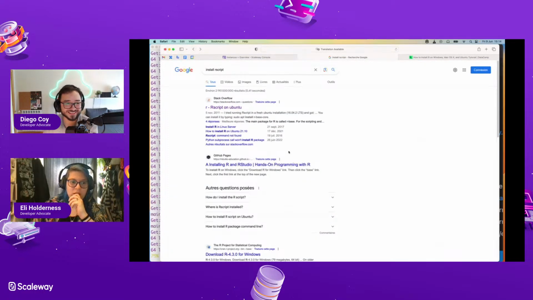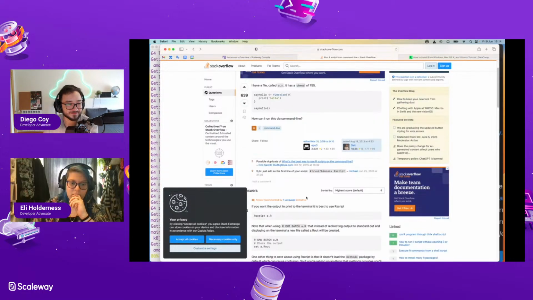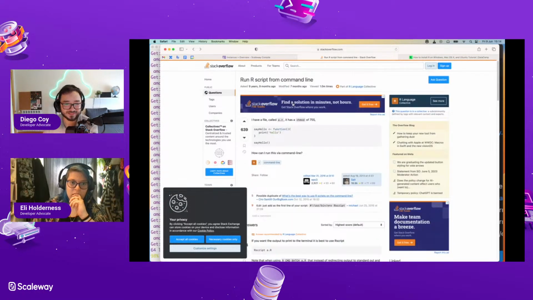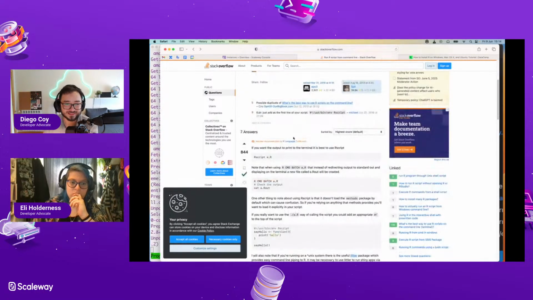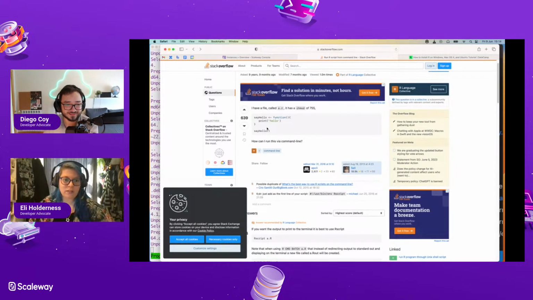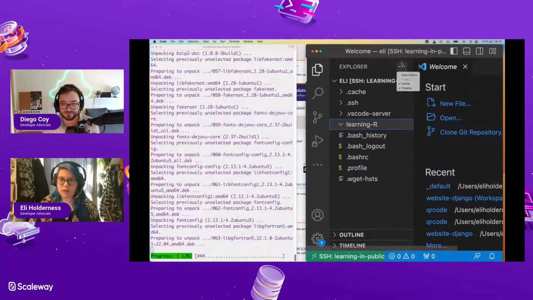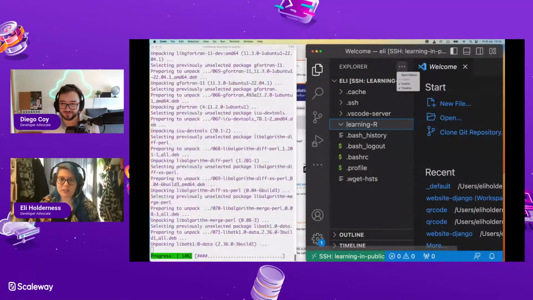Maybe. So if I go back to where I was, running an R script from a command line. Okay, so I'm just going to try and do basically this hello world thing, right? Yeah, that will be the best first step. While this is installing, let me go back to my VS Code. I've got it massively zoomed in.